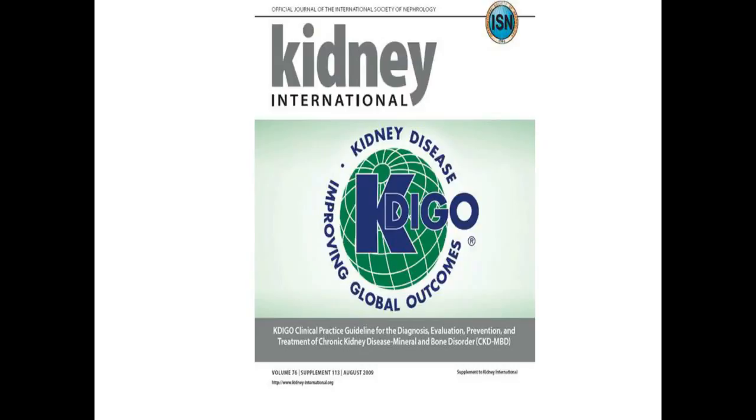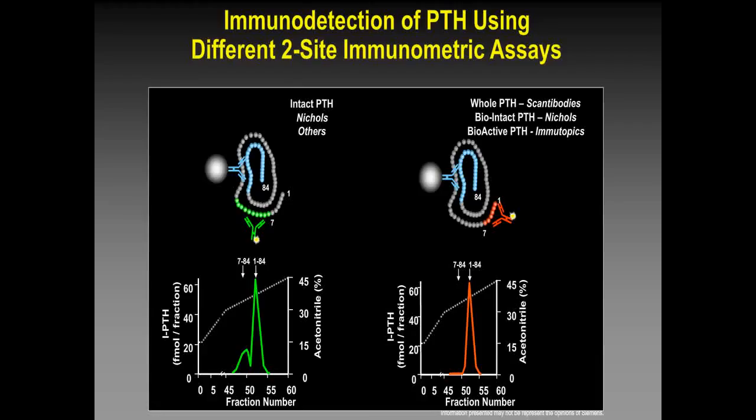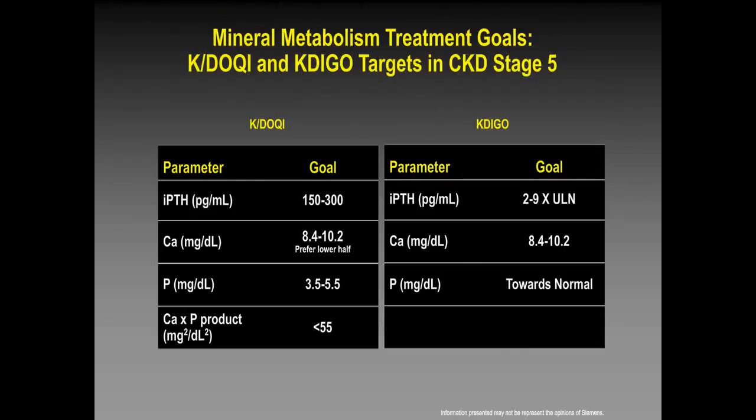The one I'm showing you here is one known as KDIGO practice guidelines, sponsored by the National Kidney Foundation, but now a worldwide effort. And they have come with a refinement, really, of the various practice guidelines that have been around. So the 2 sets of guidelines that exist are the so-called KDOQI guidelines on the left and KDIGO guidelines on the right. So the KDOQI ones are older and recommended a target value for intact PTH assays in patients